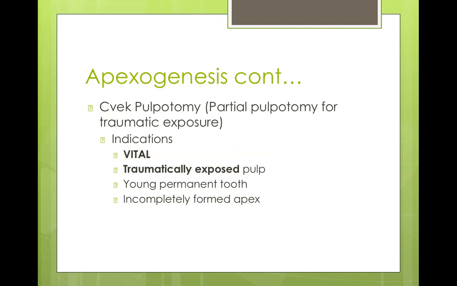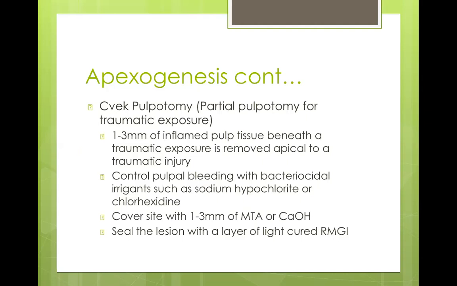Shevek pulpotomy: the tooth is vital, traumatically exposed, a young permanent tooth, with an incompletely formed apex. Pretty much the same thing. The difference, though, I know my presentation doesn't actually differentiate, is that for the caries exposure, you want to do a coronal pulpotomy, so you pretty much remove all of the coronal pulp in the pulp chamber